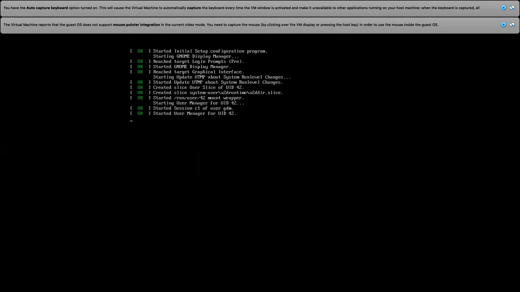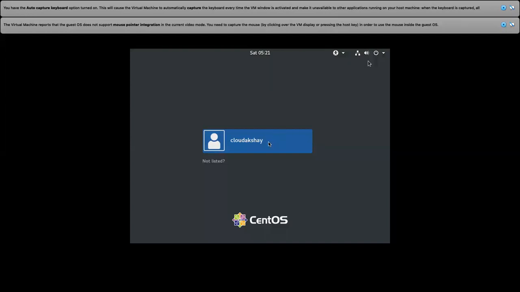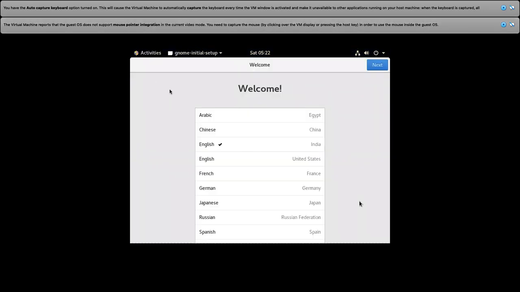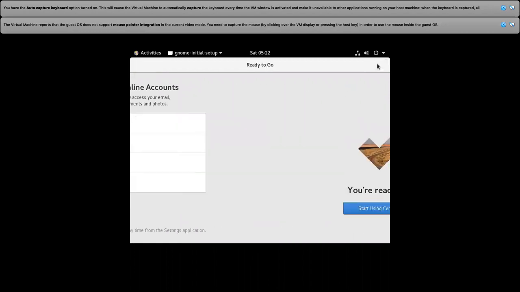Finish configuration. So do some little formalities and select next. So our machine is ready, and